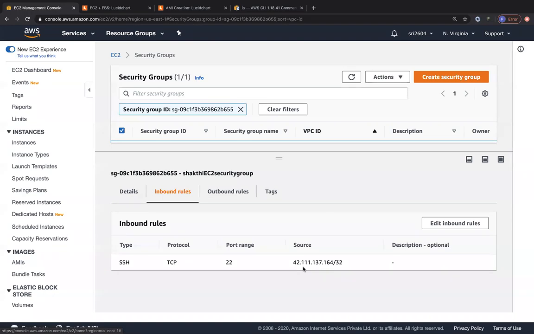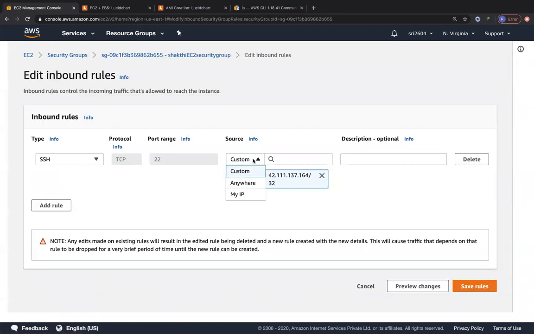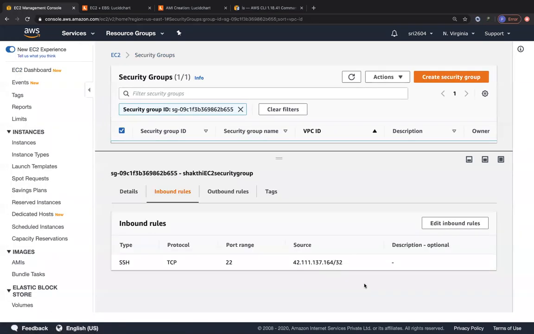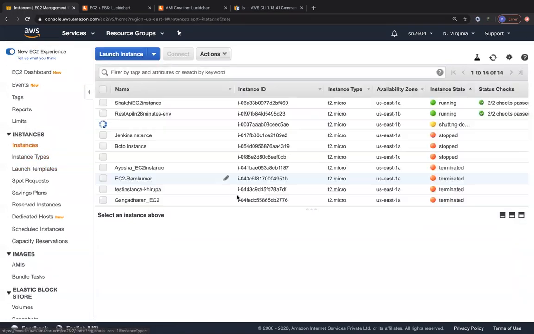So if your public IP has changed, check it with the my IP command on Google, and then go ahead and modify your security group to look at your particular IP address. So just go ahead and drag down and choose my IP over here so that it updates your public IP address, if at all it has changed when you are restarting your router at your home. Okay. So now going back to instances, what are some other modifications that we can do?